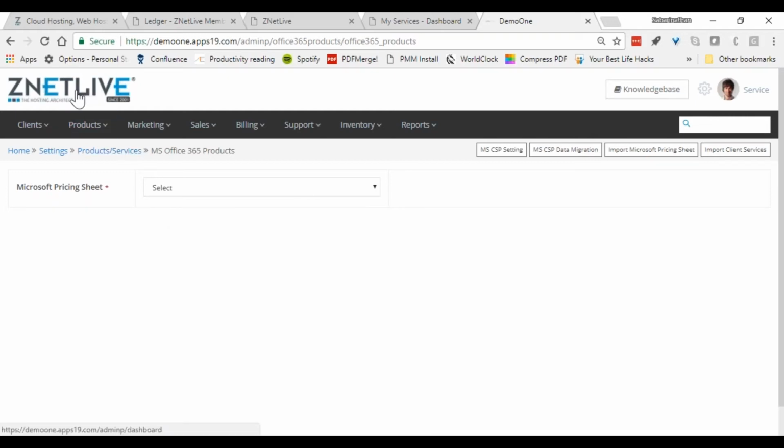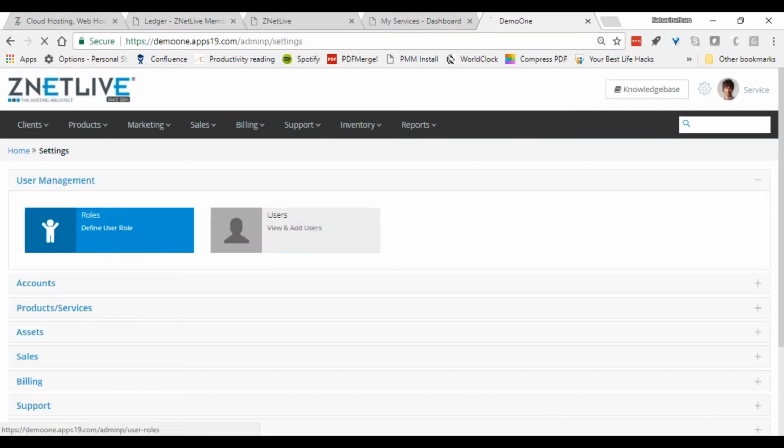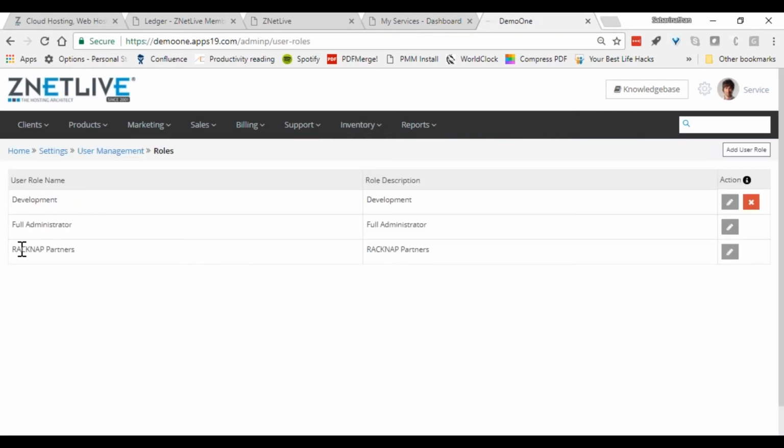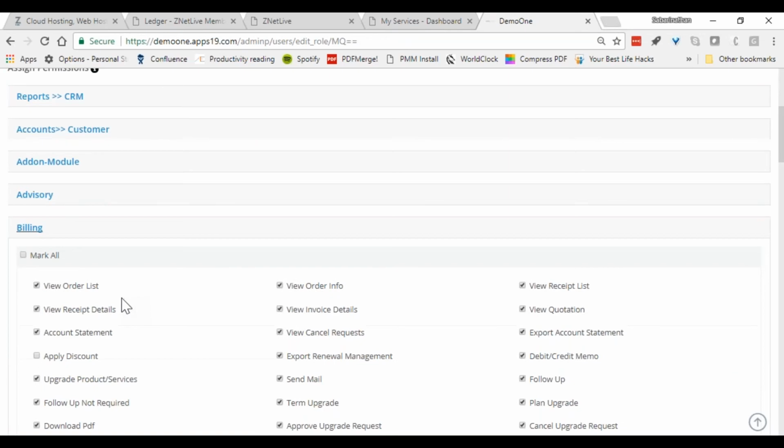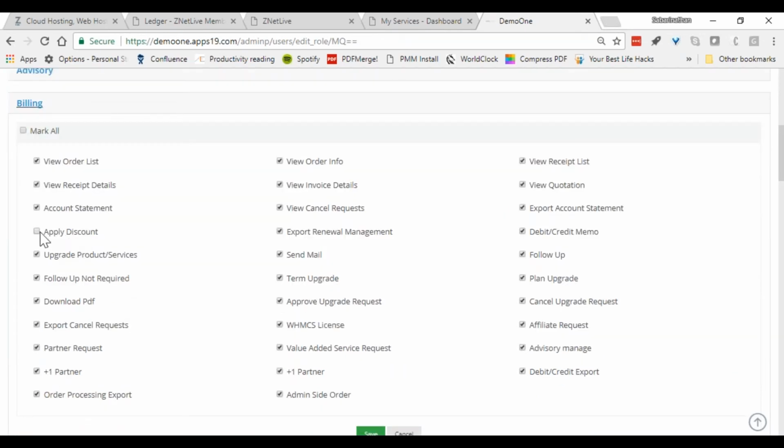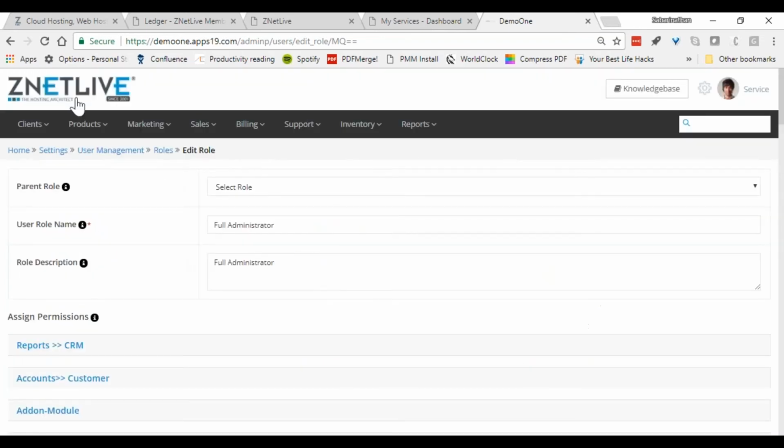So to wrap up what we have looked at, all of these functions are role-based, which means you define controls within your organization over who is able to get access to appropriate functions, etc. For example, from a billing standpoint, you can define that some people cannot be allowed to give discounts, and some people will be able to send emails, etc. So you can define functions.